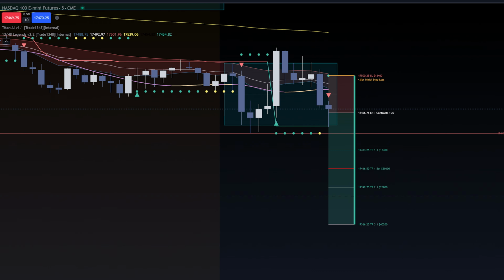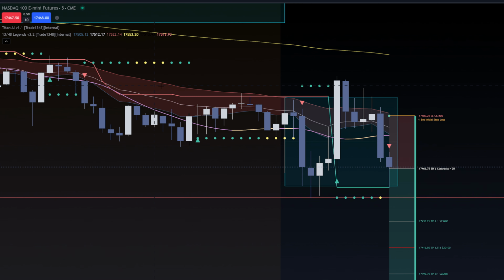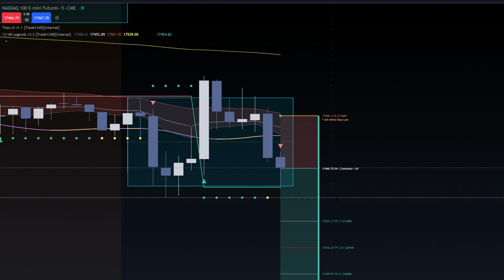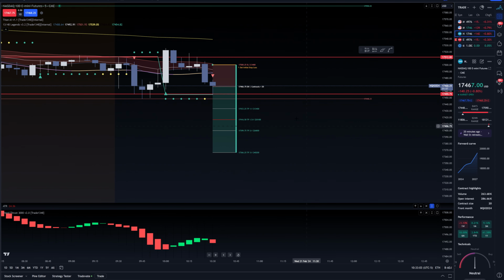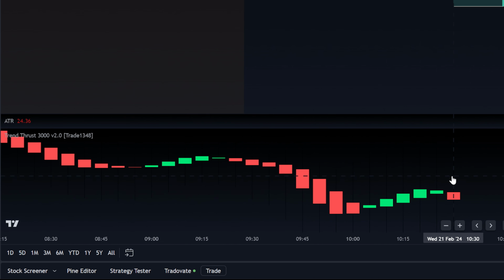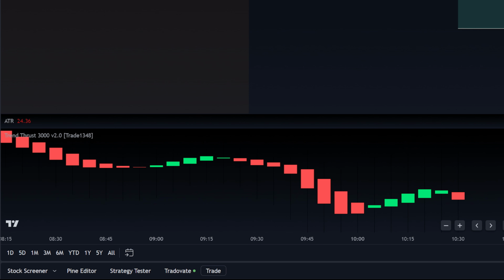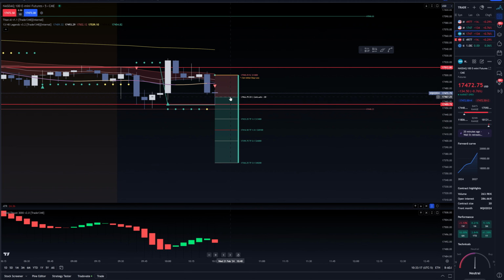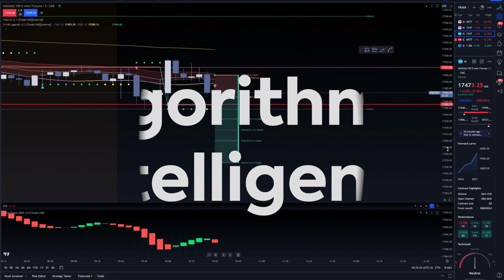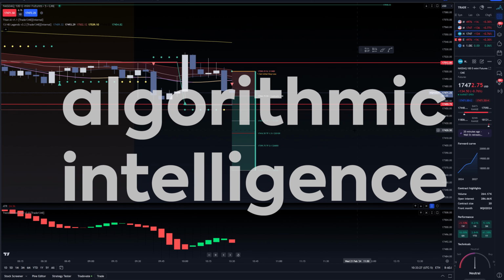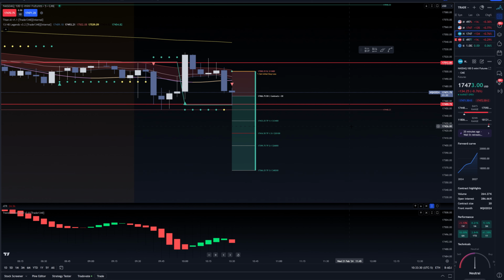However, what we also see here is our trend is red and our trend line is to the downside. Now, I am paying attention to our ATR. We have our indicator here known as trend thrust. That's going to give us an unbiased and an averaged out perspective of price action. Now, we do have an entry right here should I decide to take it. And of course, we have our AI, not artificial intelligence, guys. It's algorithmic intelligence